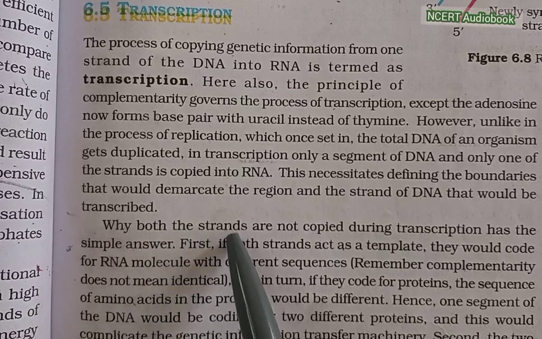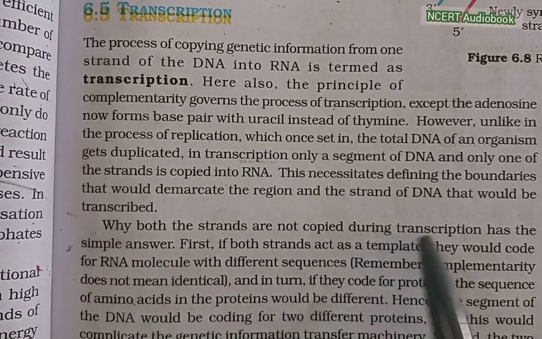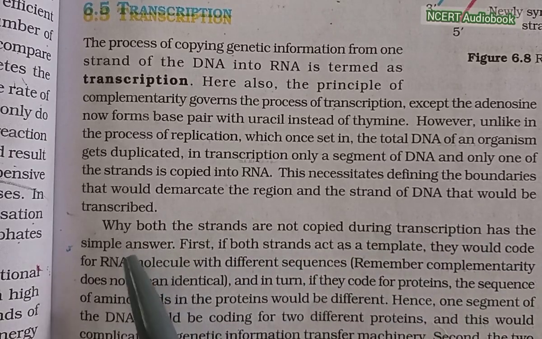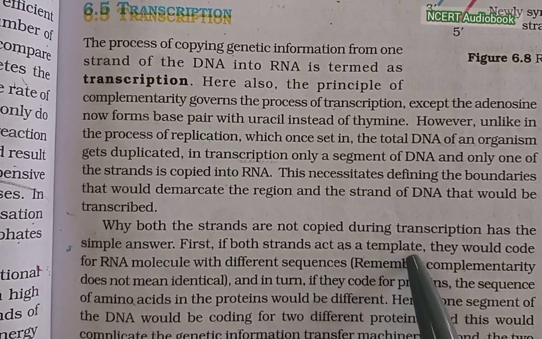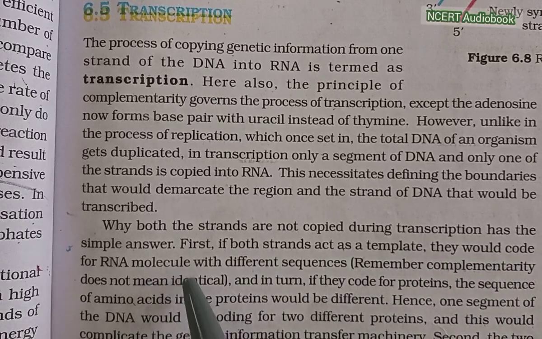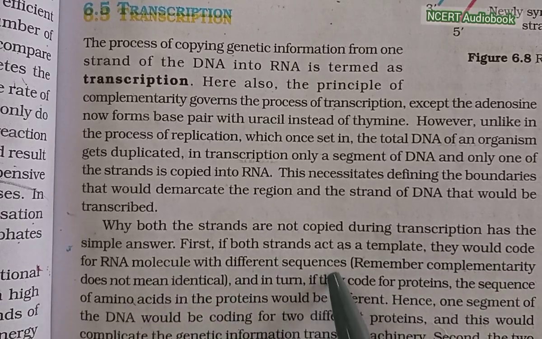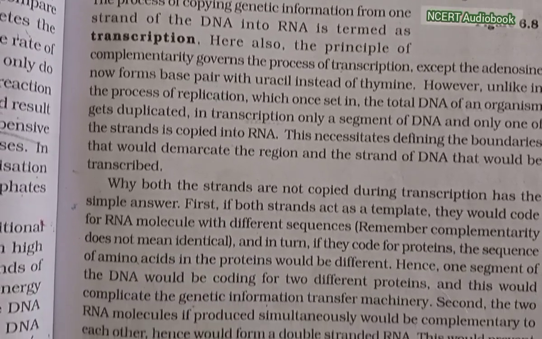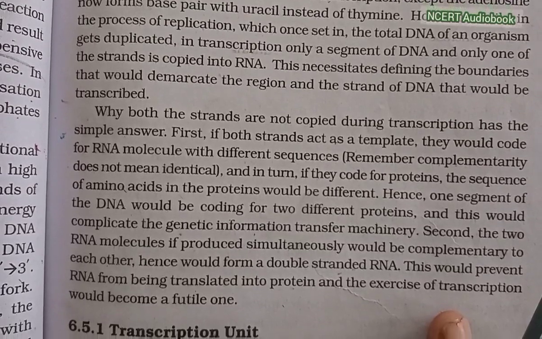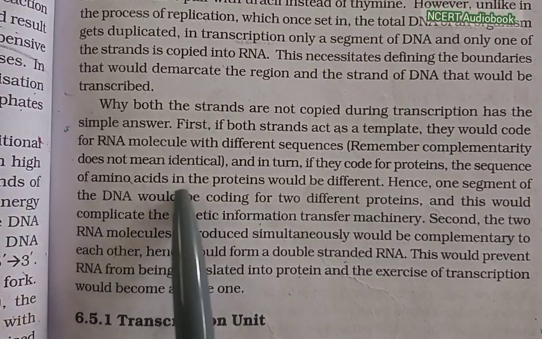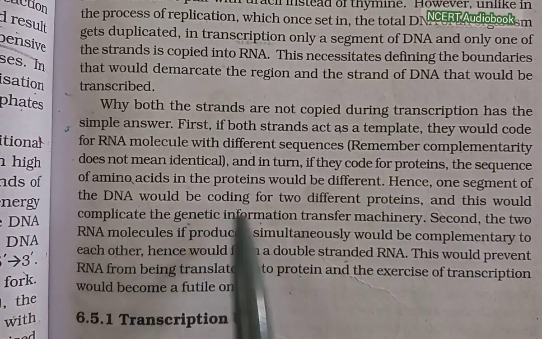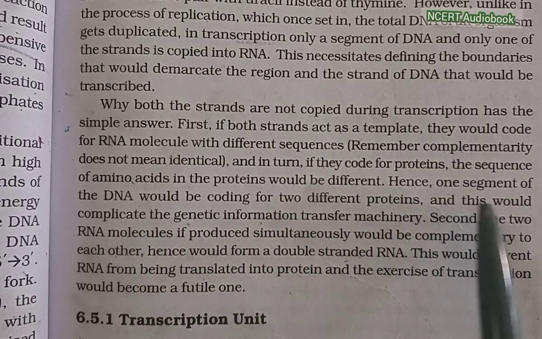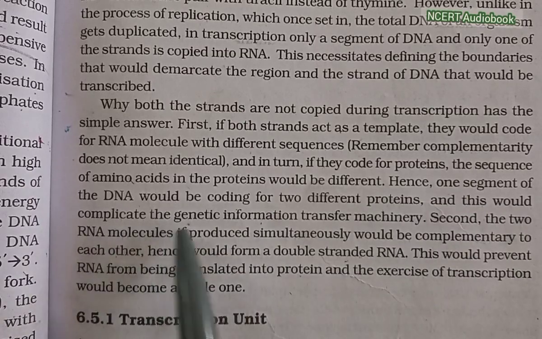Why both the strands are not copied during transcription has a simple answer. First, if both strands act as a template, they would code for RNA molecules with different sequences. Remember, complementary does not mean identical. In turn, they would code for proteins, and the sequence of amino acids in the proteins would be different. Hence, one segment of the DNA would be coding for two different proteins, and this would complicate the genetic